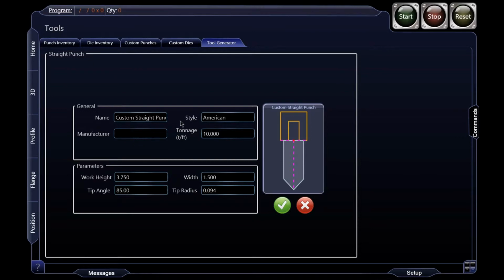You can change that name if you like. It wants to know what style it is, American. And tonnage per foot. This is important to put in. Don't ignore it. And try to keep it accurate. This is to keep you from creating problems. Don't put in 150 tons, because that would be per foot, and there would be nothing to protect you if someone tries to overload it. This will keep you from putting too much pressure onto a tool that could easily exceed the tonnage limit